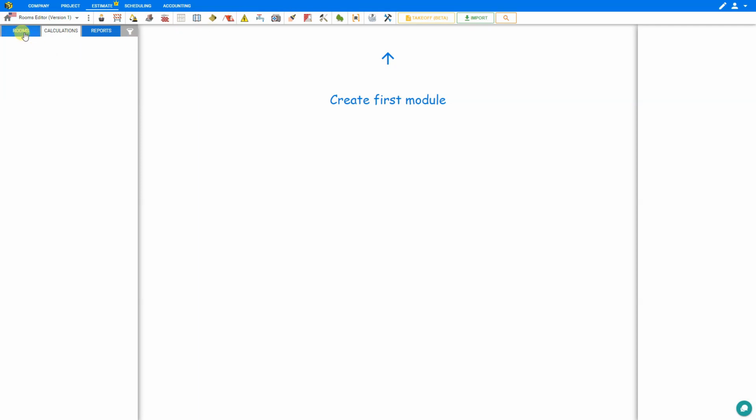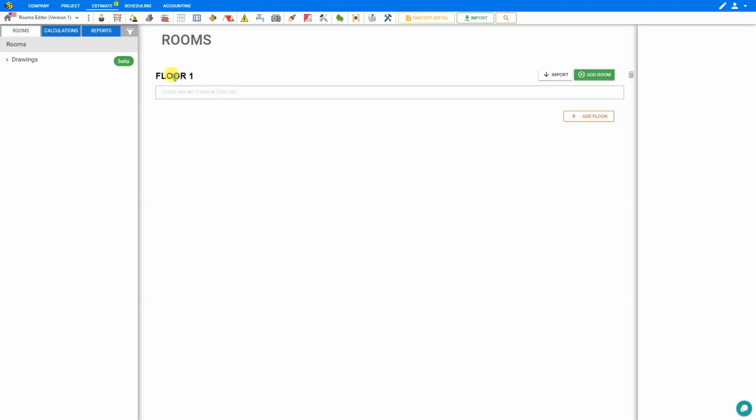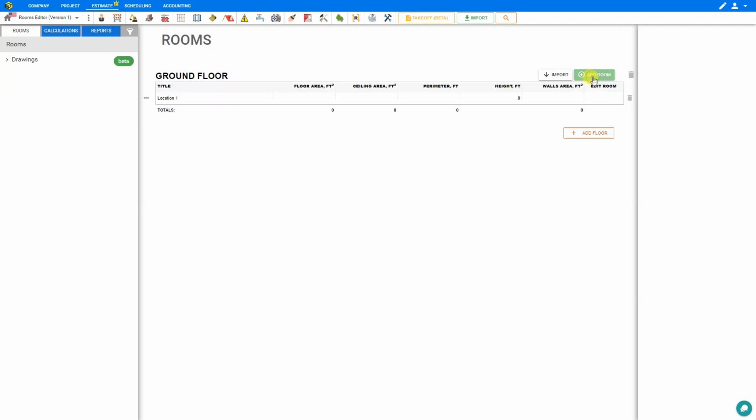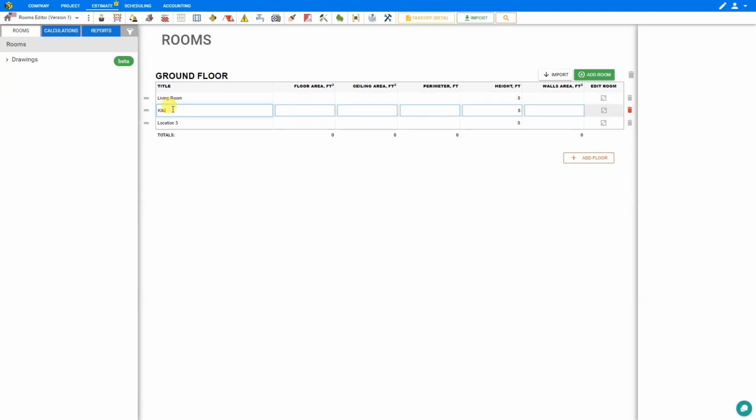However, the Rooms tab offers a handy function that, when set up in advance, can greatly enhance your productivity and help you make complex jobs much simpler. It allows you to add a variety of floors, or you can also use it for outbuildings. In this case, we'll call this the ground floor. And on that floor, we'll have a variety of rooms, such as a living room, a kitchen,